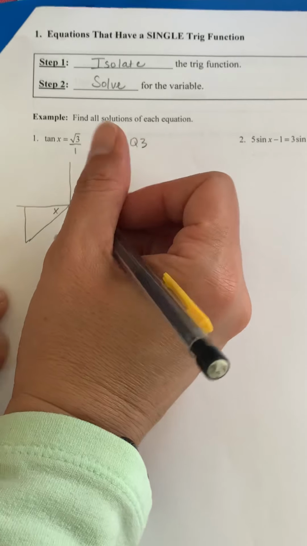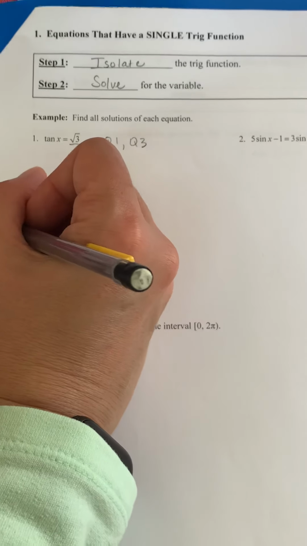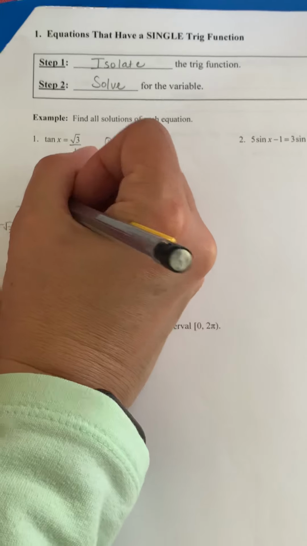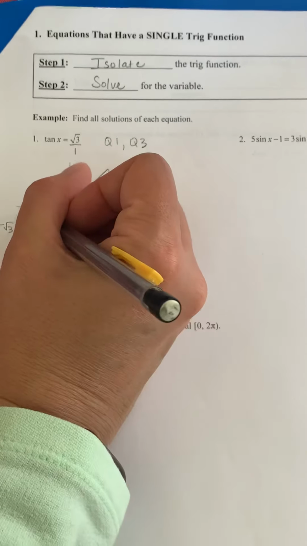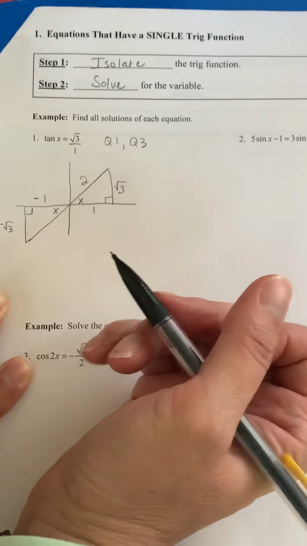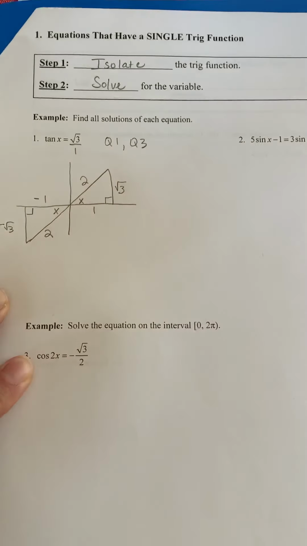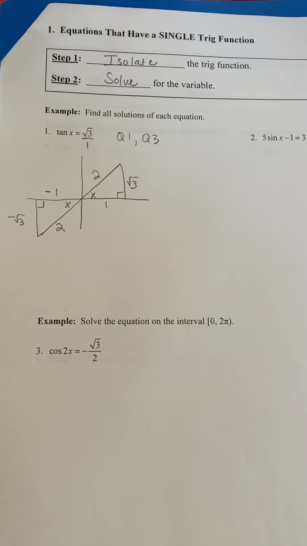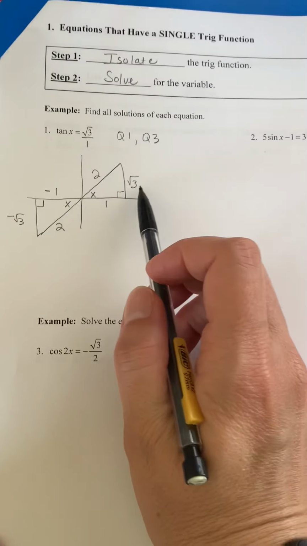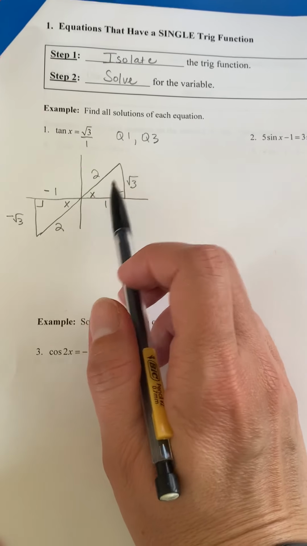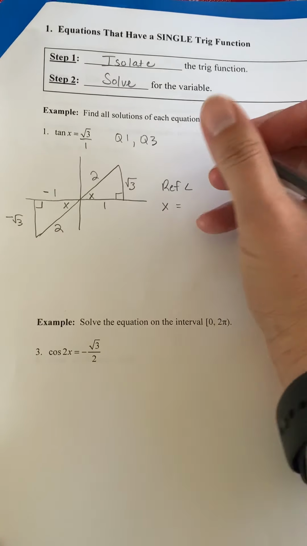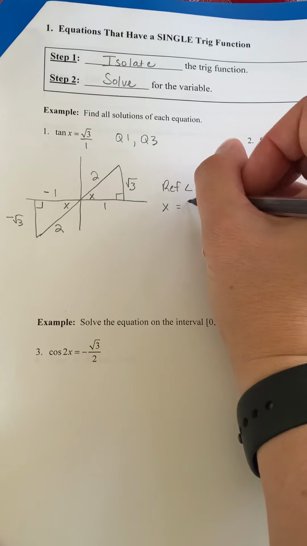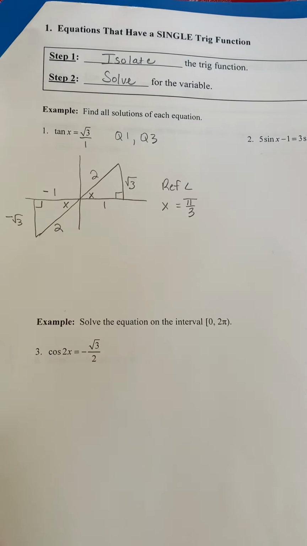Same thing, tangent is opposite over adjacent, but this time we need both of those to be negative to end up with a positive answer, and because we're going down and then on the negative x-axis, the hypotenuse will still be 2. So the good news is we know what our reference angle is. So we have across from x here